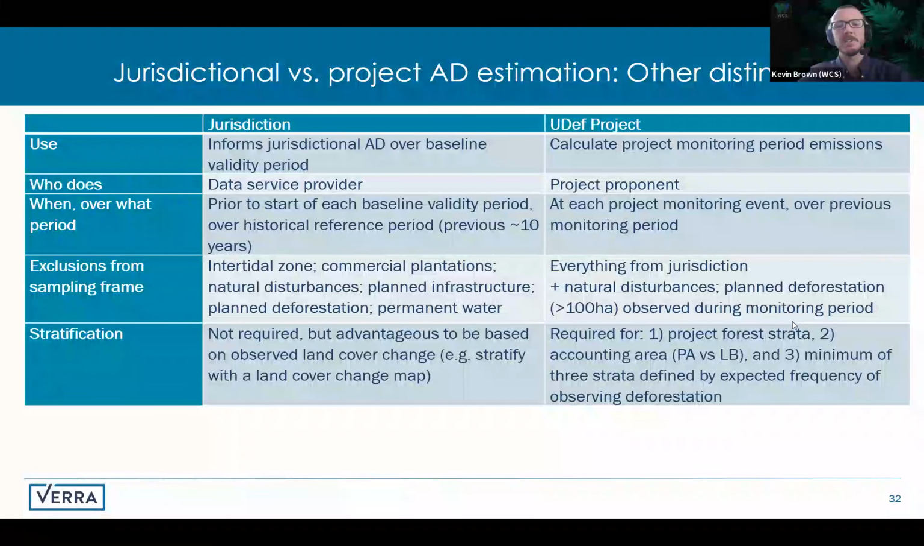But then any additional identified exclusions that occur within the monitoring period, say there's a natural disturbance that happens during the monitoring period that is captured by the project, the minimum size threshold for such an event would be 100 hectares. So if that event is 100 hectares or more, then that can be delineated and then removed from the sampling